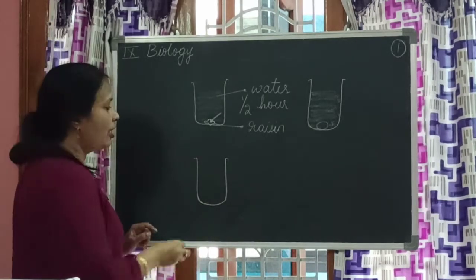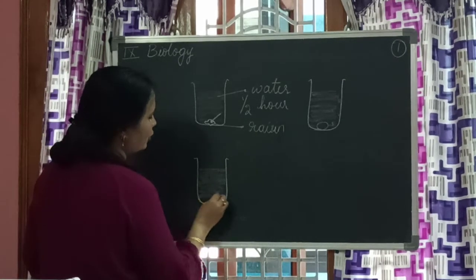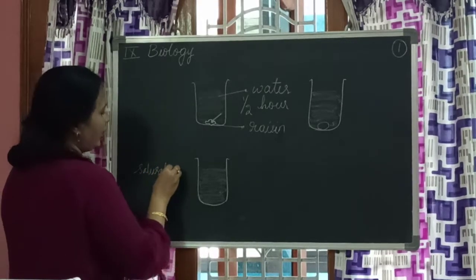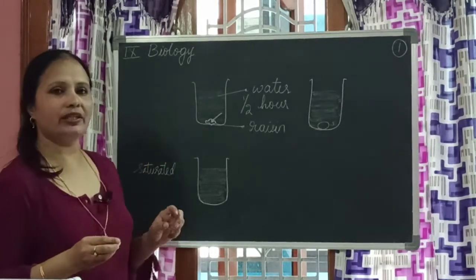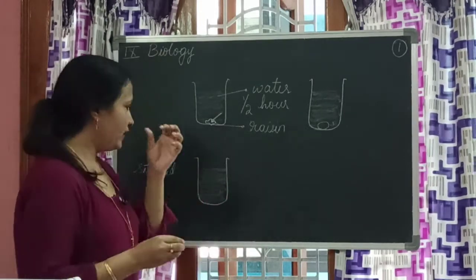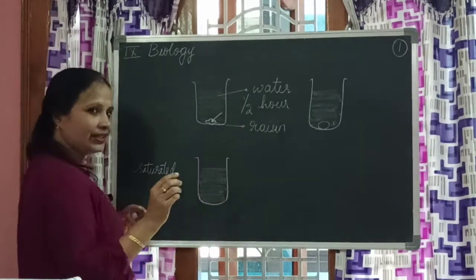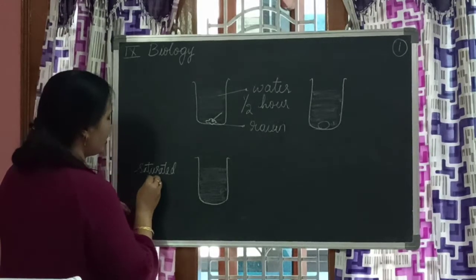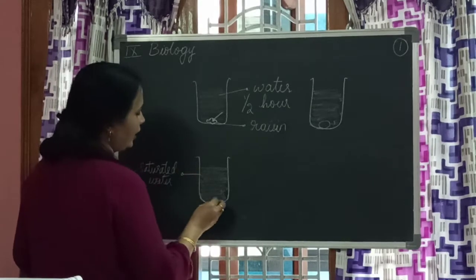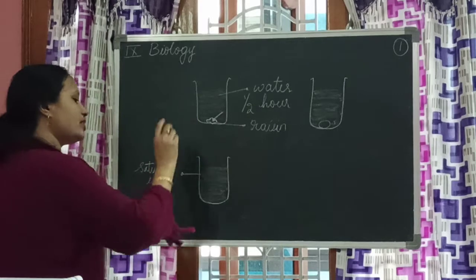You take a tumbler, fill this with saturated sugar water. Saturated means in 100 ml of water you add minimum 2 or 3 spoonfuls of sugar. That means it is saturated, too much sugar solution. This is concentrated sugar solution. And then in this you take this raisin, the bulged raisin only you take.